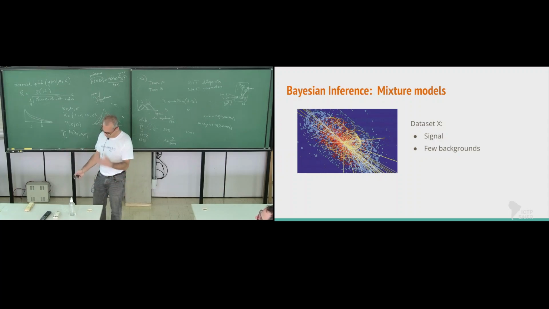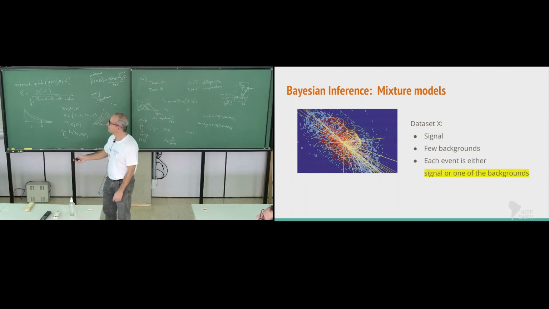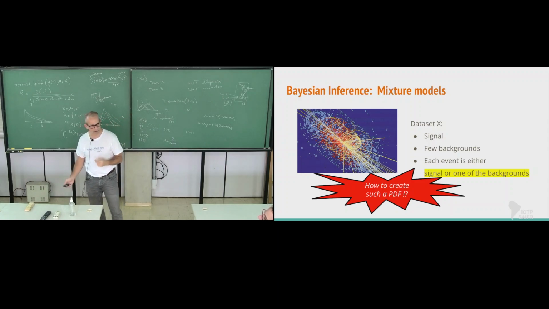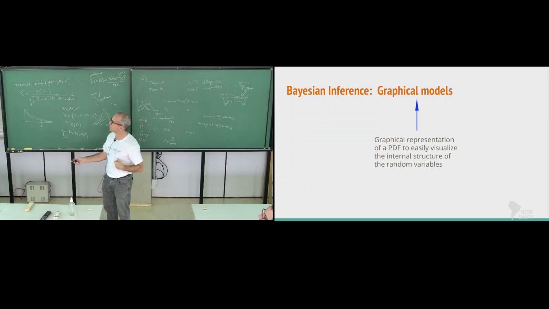There is a lot written about this, okay? Each event is either signal or one of the backgrounds. So the thing is how you create a PDF for this. Let me show you how to do this, let me introduce what is called a graphical model, which is a